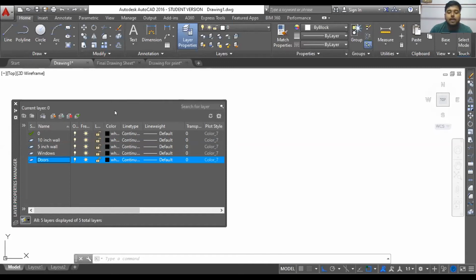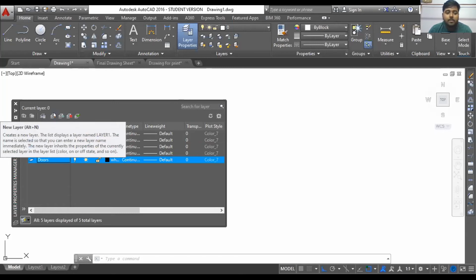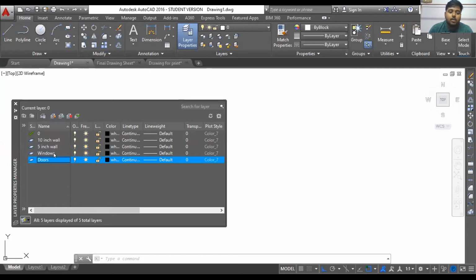So keeping everything in separate layers is like tying a knot and keeping it with you. You can pull any of the strings whenever you want. That is the thing. So you can use different layers for 4-feet doors, 2-inch doors. You can do anything if there is a requirement, or even for a small plan, you can keep the window and door in the same layer as well.